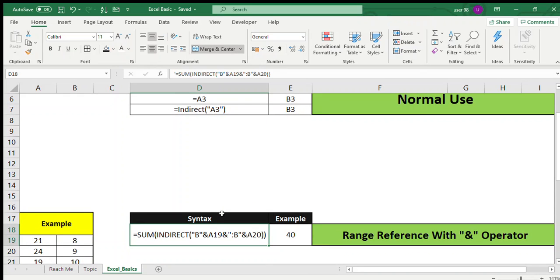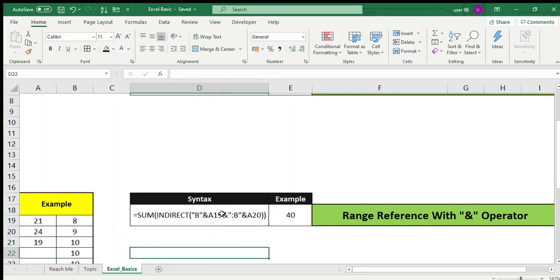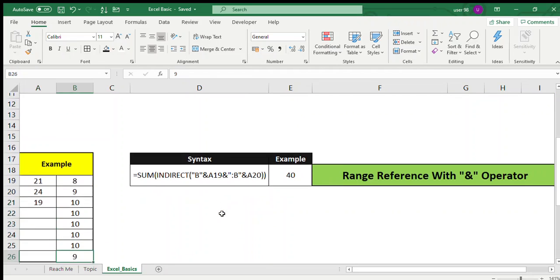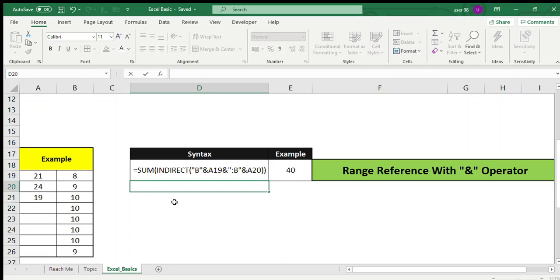Let's move toward the & operator. With the INDIRECT function you can also use the & operator. How? For example, here you can see some numbers which I mentioned in 2 columns. Here I have taken the INDIRECT function with the SUM function and the & operator. The bracket you can see here has B under quotation marks, which means it will only pick B,